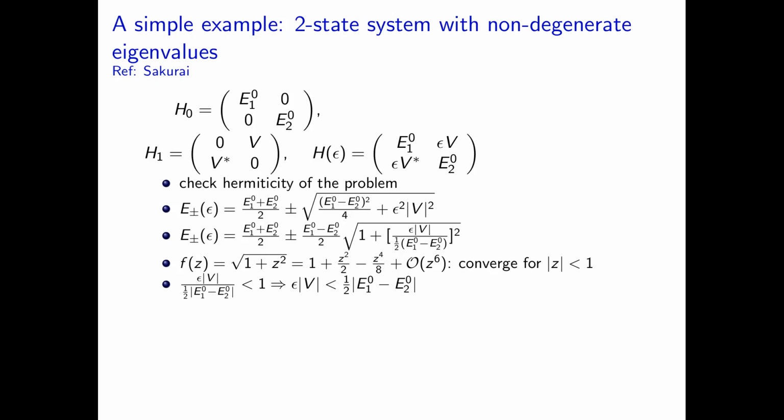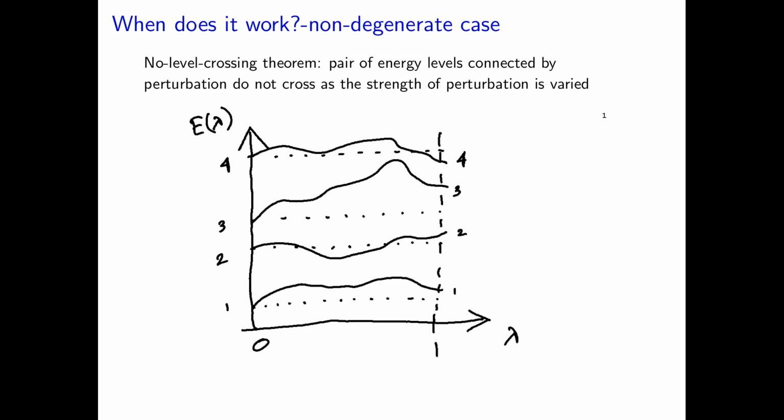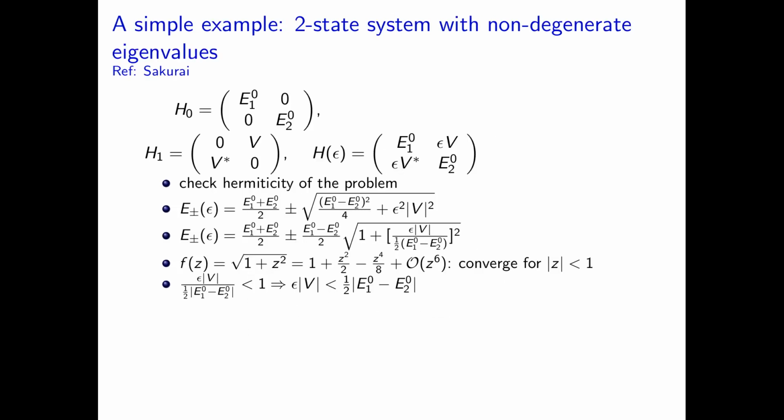You cannot even apply this idea. And what does it mean pictorially? Try to make sense of this picture now. It means your perturbation should be weak enough such that when you turn on the epsilon, the two levels, E1 and E2, do not mix. So, think about this problem, and that is where I will end this module, and we will now pick up the formal way of solving this problem or using it in a generic n level system.